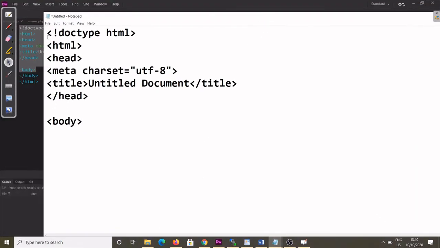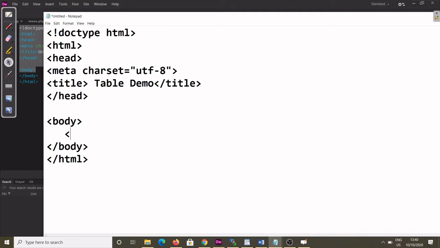Yes, so you see here, this is the basic structure for HTML5. Title: table demo. Coming to body, this is the closing of the body and the closing of the HTML. This part is done, so we have to write inside this.